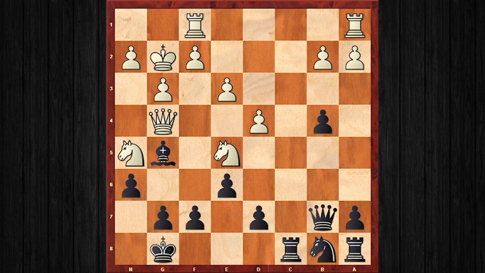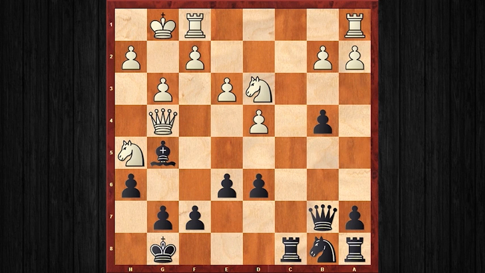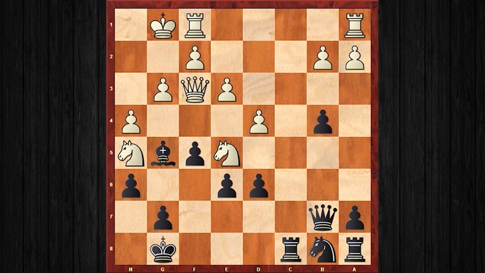Here comes queen b7 check, taking control over the long diagonal. King g1, d6, kicking away this strong knight on e5, knight d3. Another possible line is h4, f5, queen f3, queen f3, knight f3, but probably Kamsky didn't want to exchange the